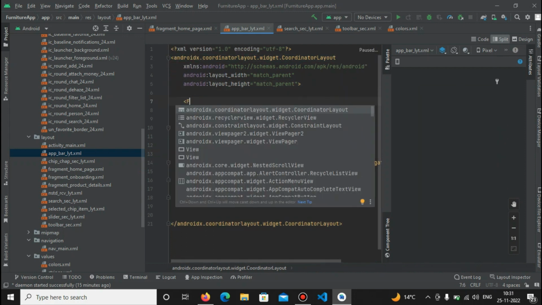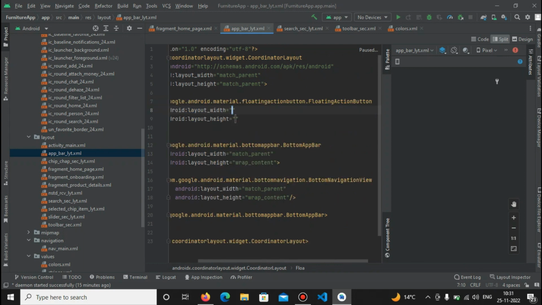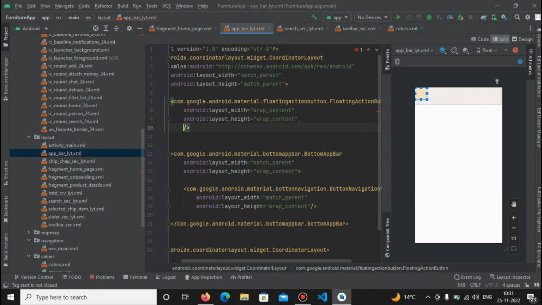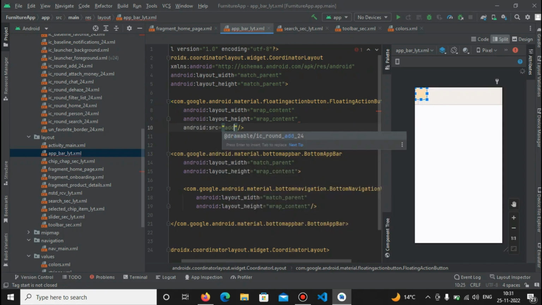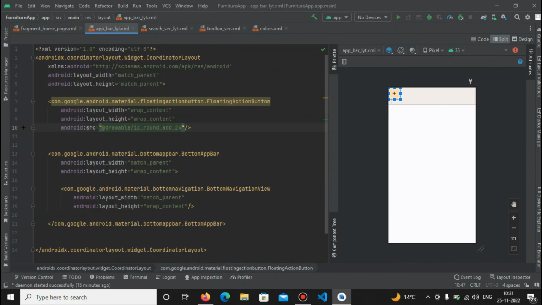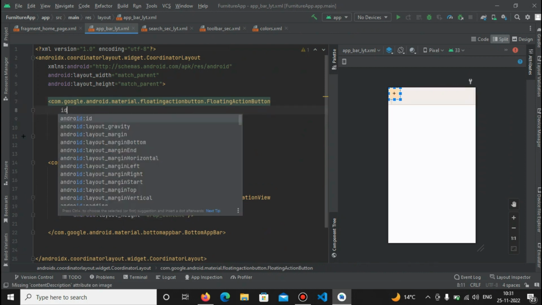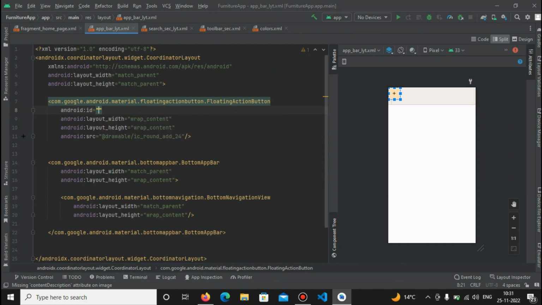Okay, if you want to show some snack bar inside your application, then you can do it in the coordinator layout, and it will occupy some space for the snack bar by default. Okay, so your snack bar is never going to disturb any other elements in your home page. Okay,